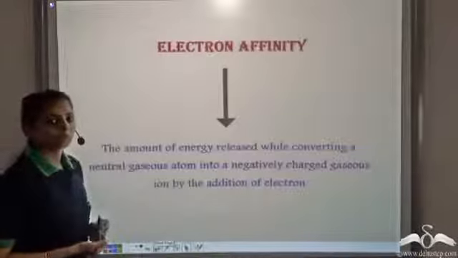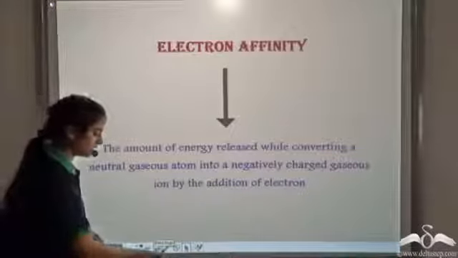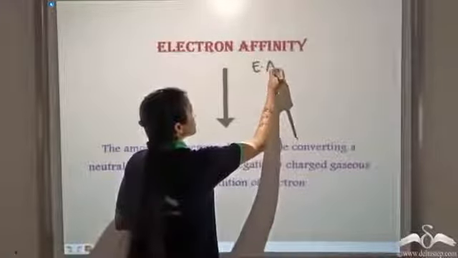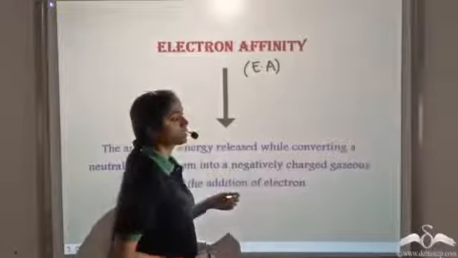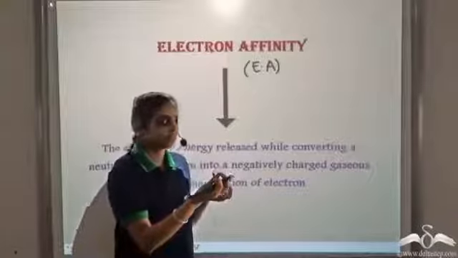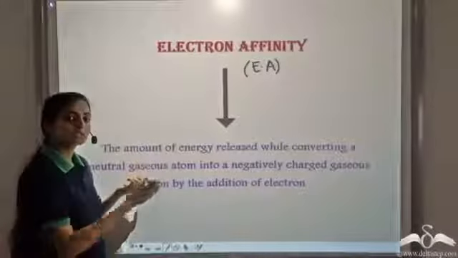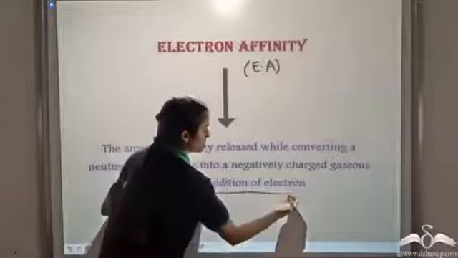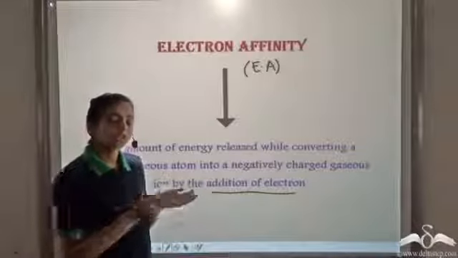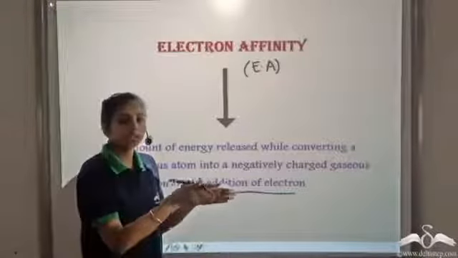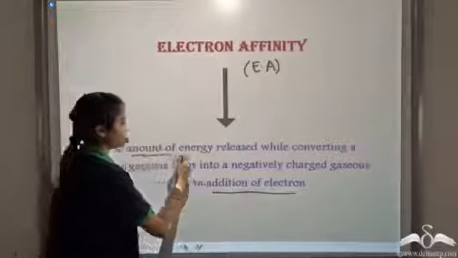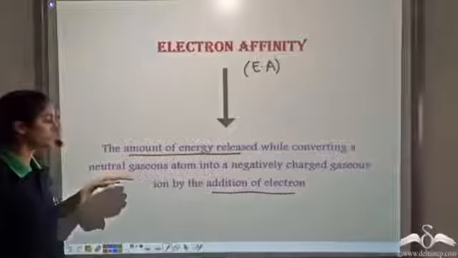One important property that is related to the elements is their electron affinity. It is abbreviated as EA. We know to remove an electron from an atom, we have to give energy to the atom. So when an electron is added to the atom, energy is released. So the amount of energy released while converting a neutral gaseous atom